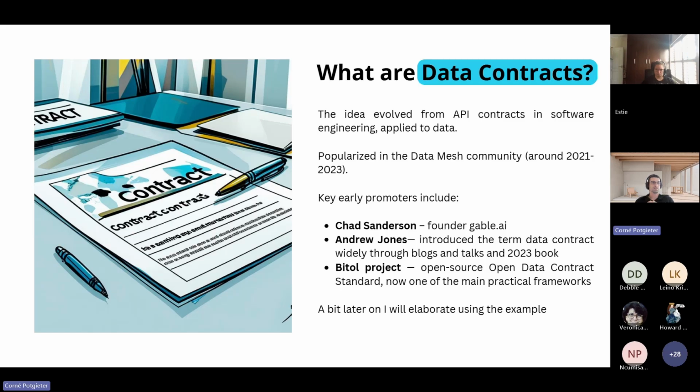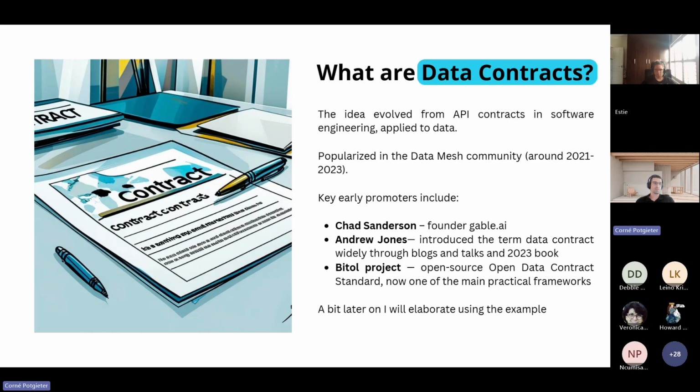The term data contracts got popularized due to the coining of the phrase data mesh in 2019, when Zhamak Dehghani came up with the idea. It borrowed a lot of software engineering principles, and the term data contracts became popular around 2021-23.